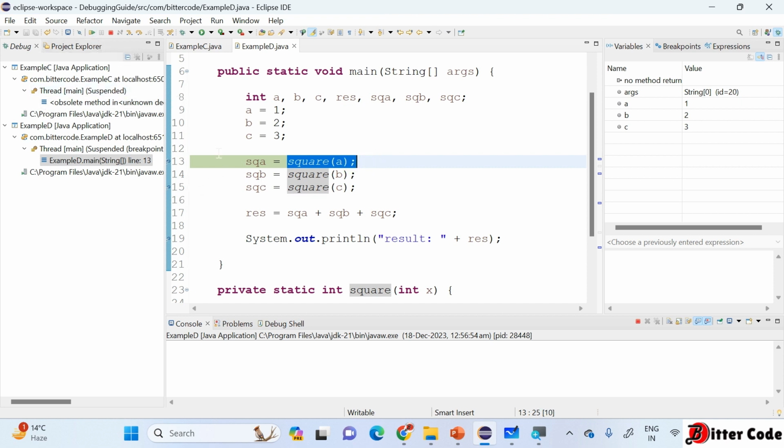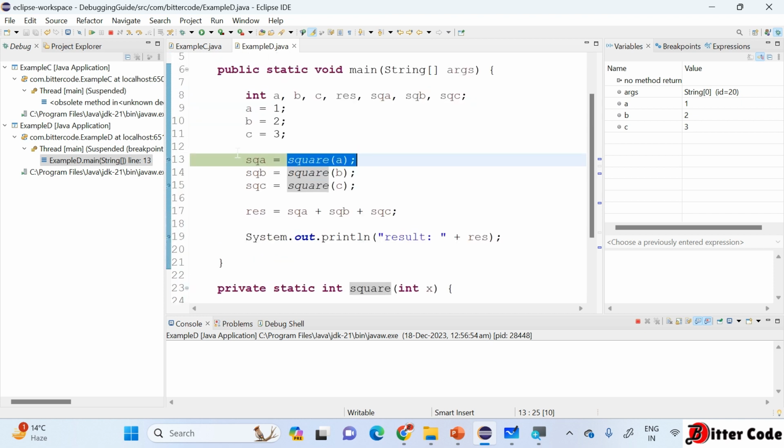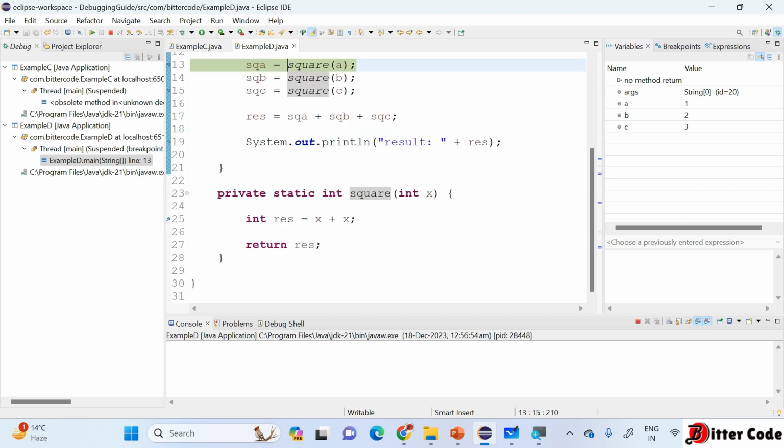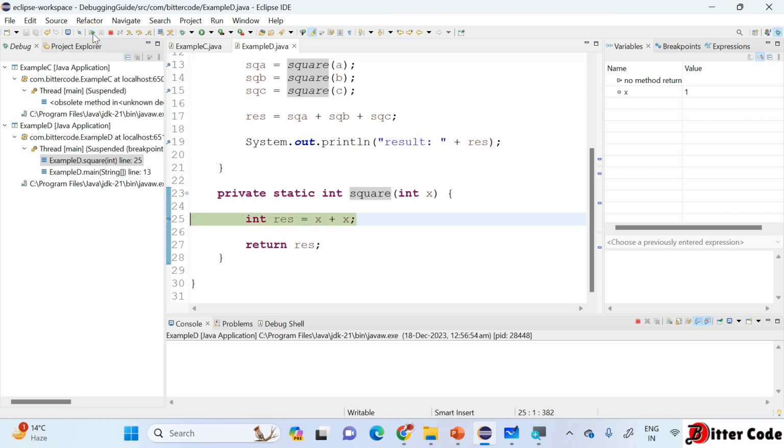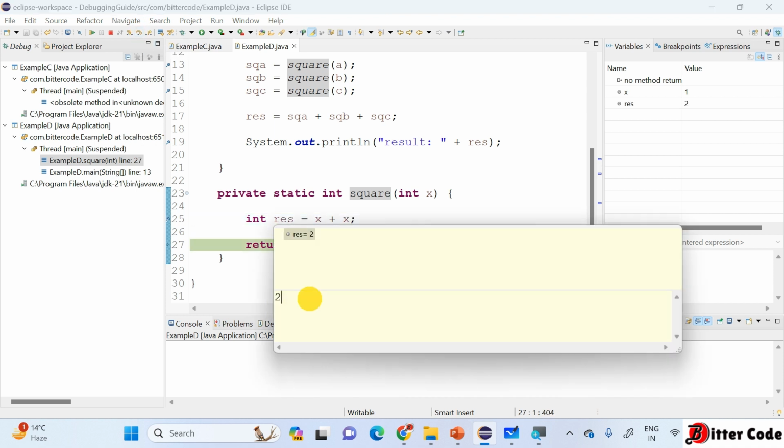But since we have added a breakpoint inside the method, it will go to call the method in the next step, right? So in that way, it will go to the method internally. So if I click now, you can see it comes here. You can see the x value is 1, but it is returning the value. If I go to the step over now, it is returning the value 2, which is incorrect